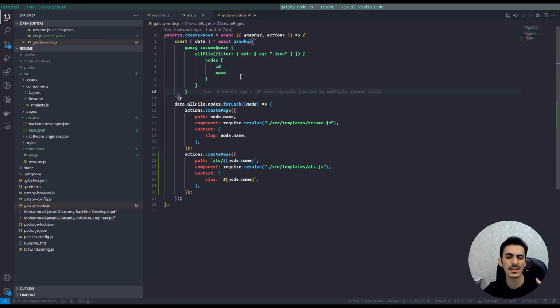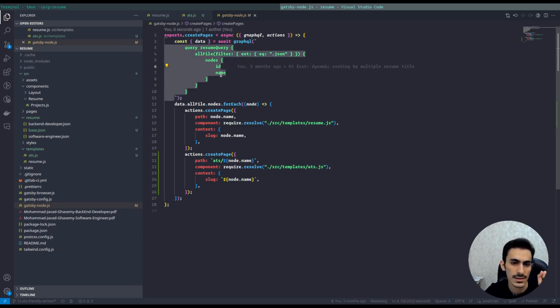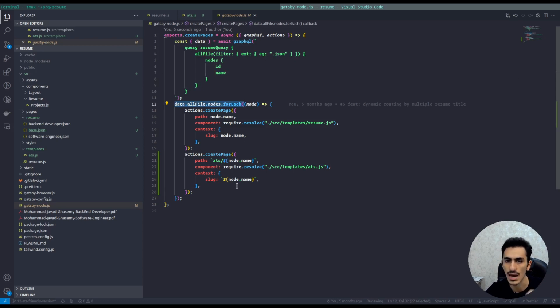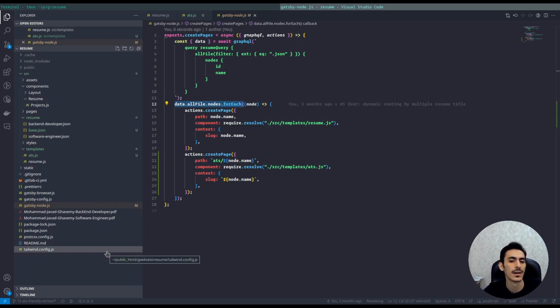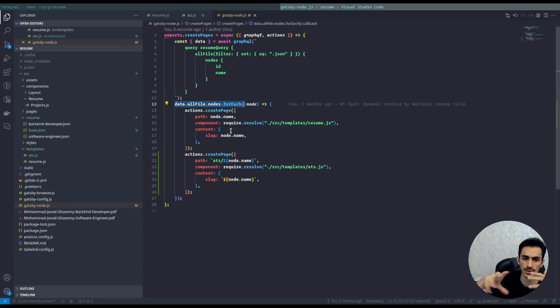We are getting all the files on the special directory, which is the resume, and we are getting all the files and gets the ID and the names, and we are for each to all of them and create some pages about each resume we have,